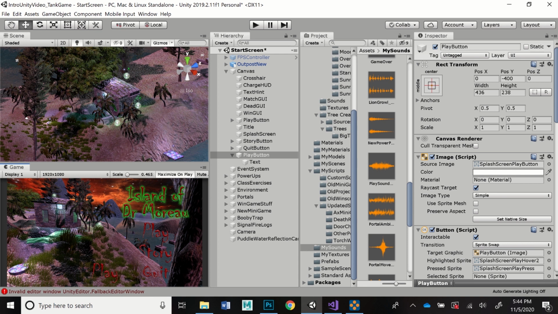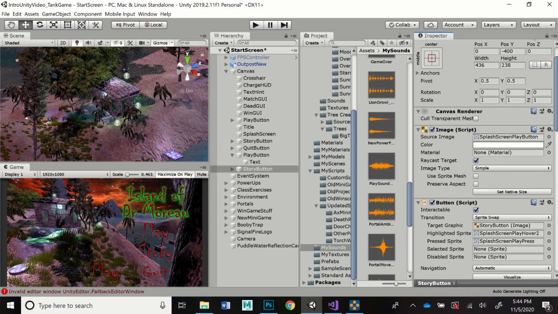You don't change out the script, you use the same script, but you'll point it at a different procedure inside of the script. So if I want another button here, I can take the play button and just do Control D to duplicate it. Make sure you have it selected, Control D, and I now have a play button 1. And I could change that to say, let's do a story button. So I give it the name story button,